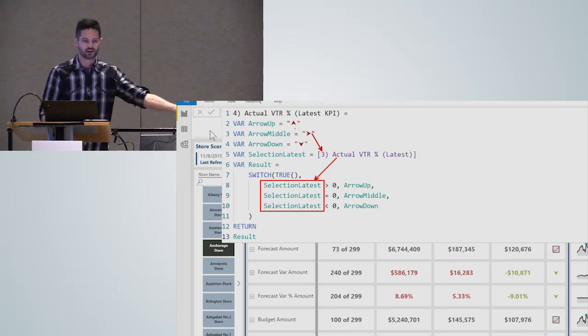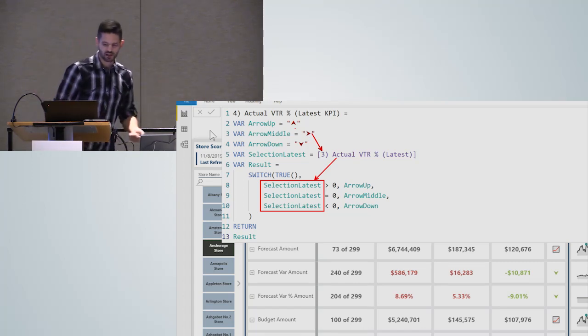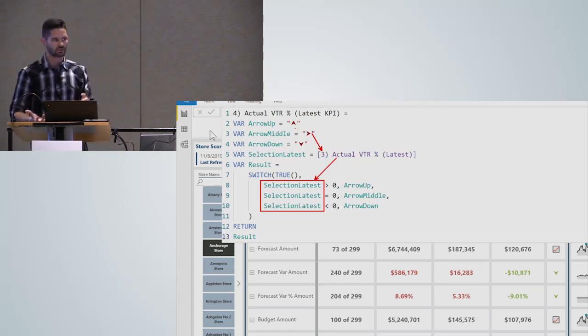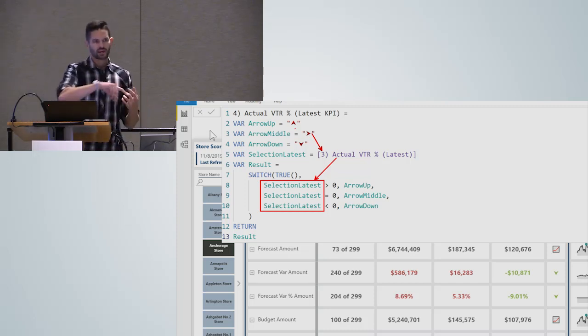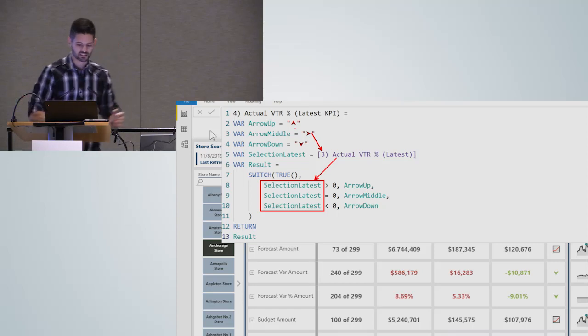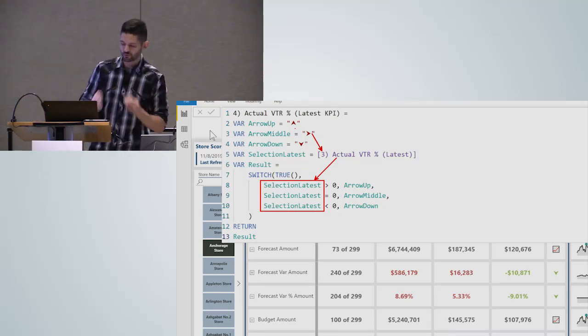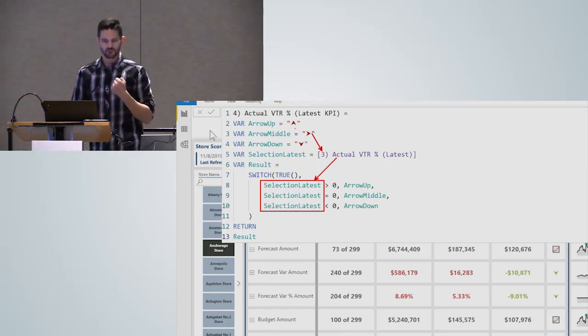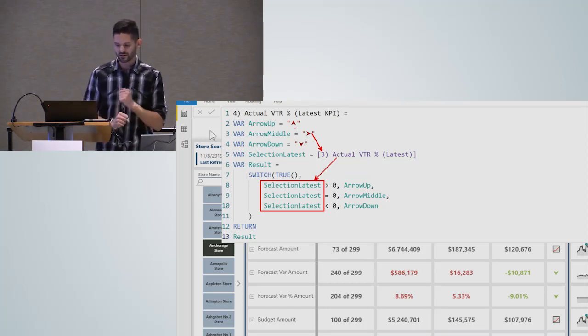It's just going to call upon the stored data that it has in RAM and basically do a comparison of it. There are a few scenarios where this doesn't work, like if you declare a variable, then sometimes you can't calculate and do a bunch of other stuff on top of it, but those are more niche scenarios. But for performance, this can drastically increase the speed of a measure.